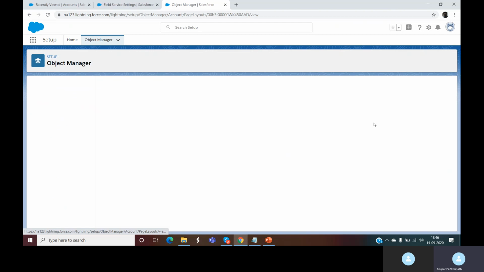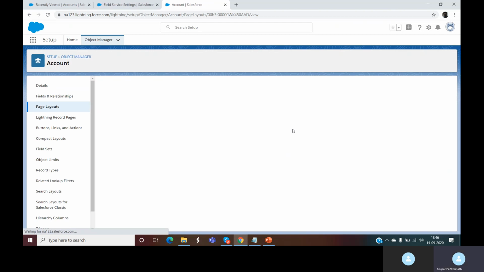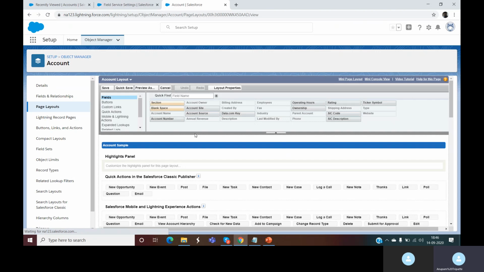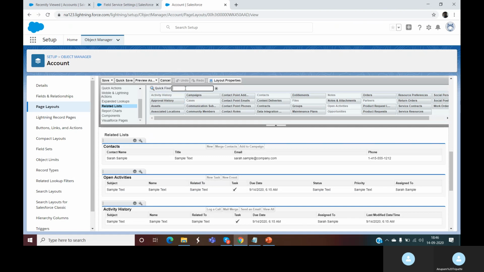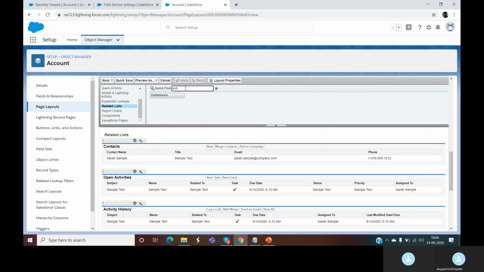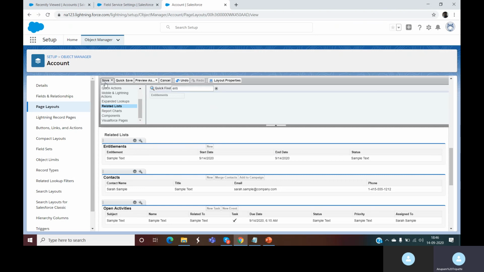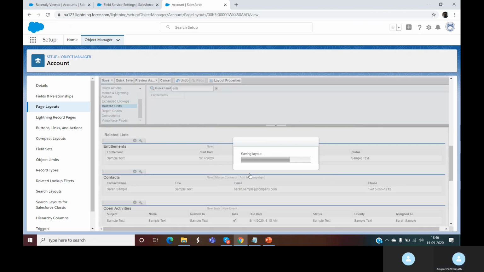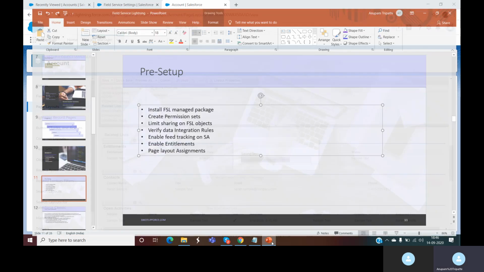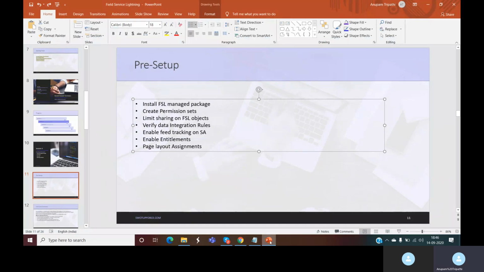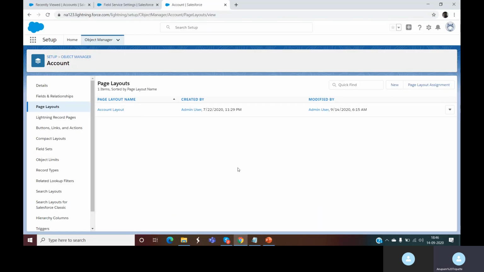I'll edit this layout, and I'll try to add the entitlement related list on this layout. So yes, I can find this, and I have added it.